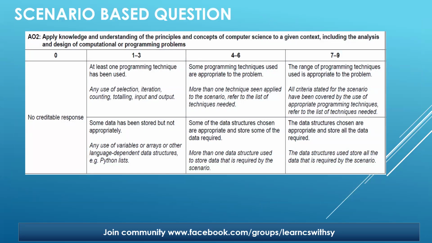Before we proceed to the actual solving of the scenario-based question, let's talk about what you need to know in order to score a total of 15 marks. Basically, your scenario-based question is assessed on two assessment objectives. Assessment objective 2 is based on applying the knowledge and understanding of the principles and concepts of computer science to the given scenario. And for that, you need to apply the analysis and design of the combinational or programming